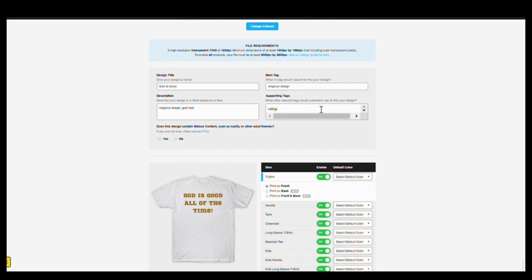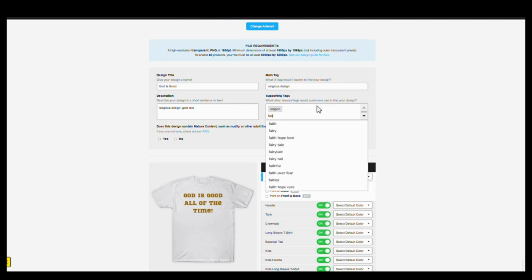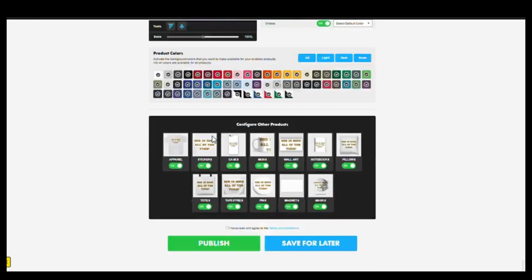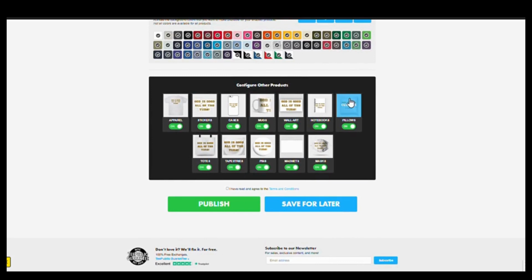I can't see, my screen is really small. Religion, faith, believer, and you can just keep going until you reach 15 tags, which is all it's going to take. Then you click on no for mature content. Does this contain mature content? Just no box. And so the first, here are all of the products that you'll be able to put in